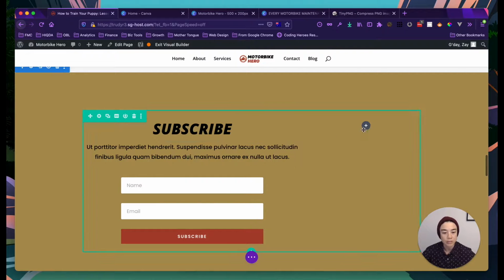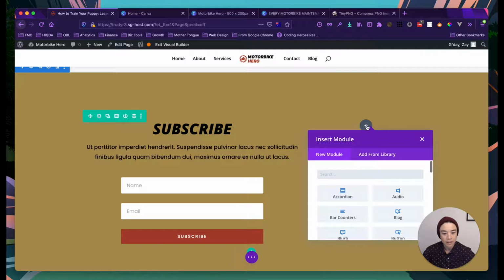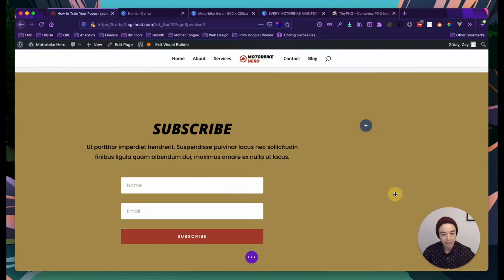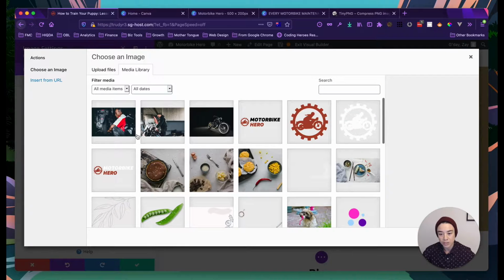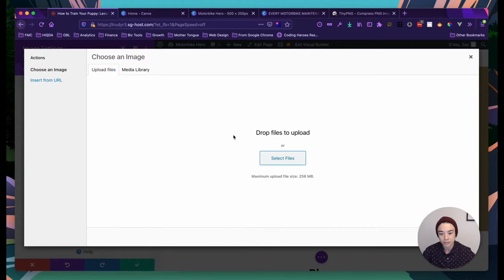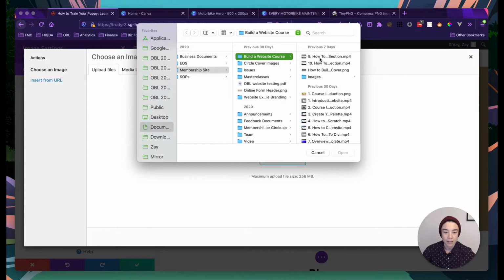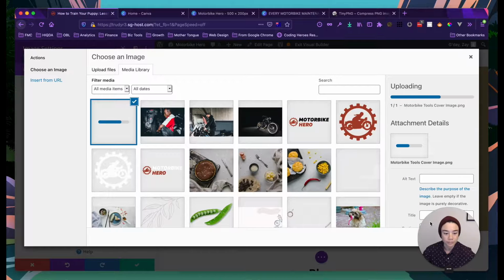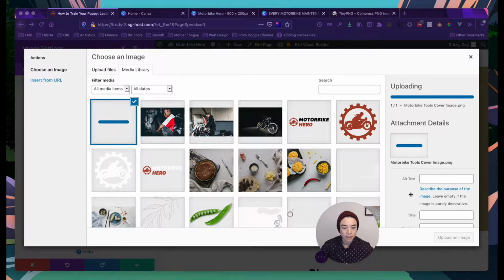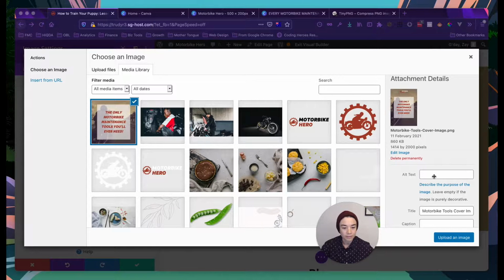So what we want to do is we want to add an image here. So add new module, and I want to put in image. Here we go. So here I'll click on this settings button over the image. Now I want to upload a file because it's not already in my media library. So I select that file. I go to wherever that one was, this one here, open. And I will add